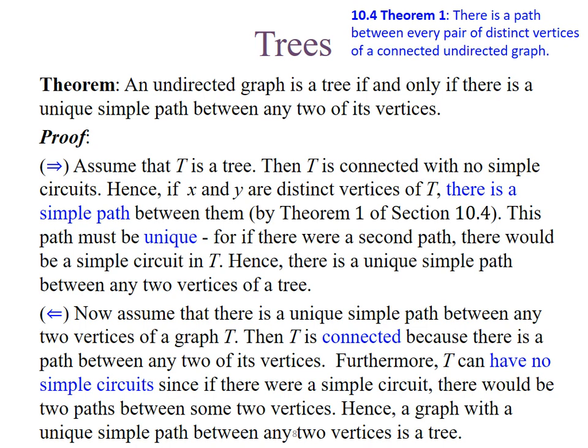Because every two vertices have a path. And we have the important words unique simple path. That means from any two vertices, you can find a unique path, but you cannot find two different paths. Because if you have two different paths between these two vertices,